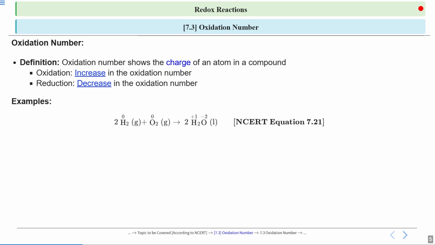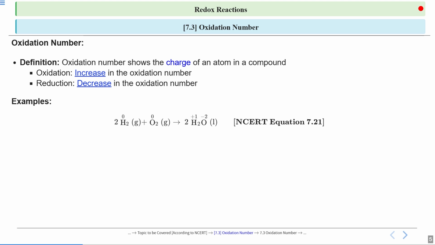If we visualize the hydrogen atom as going from a 0, that means a neutral state, to H2O, in which it has a positive +1 state, while the oxygen atom goes from a 0 state in O2 to a di-negative state in H2O, here we assume that there is a complete electron transfer from hydrogen to oxygen. That means we can say that consequently the hydrogen is oxidized while the oxygen is reduced.